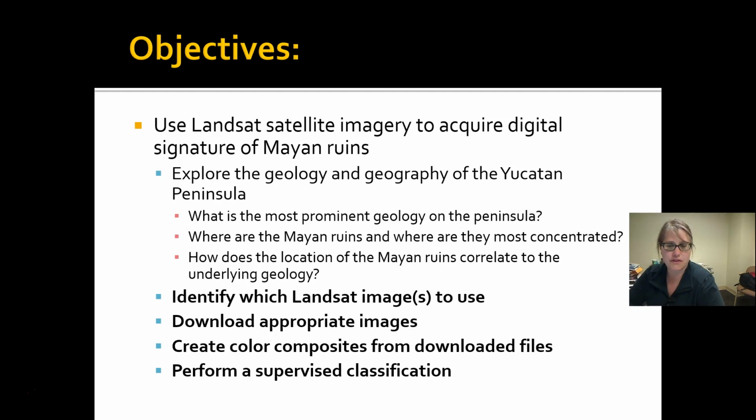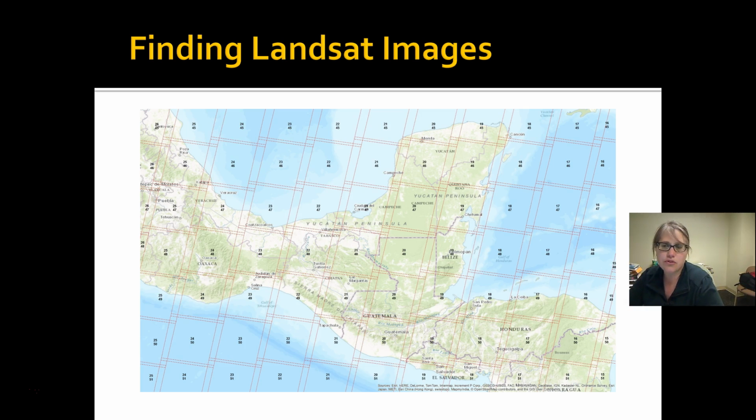So next, what we would have to do is identify what Landsat images we have to use, download the appropriate images, create color composites, and then perform the classification. So all the fun techie stuff is what comes next. In order to find the appropriate Landsat images, there's a grid that was developed by USGS and NASA where each one of these squares is a satellite image, and each one is identified by a path and row. So students would download any of the boxes that overlap the Yucatan Peninsula,